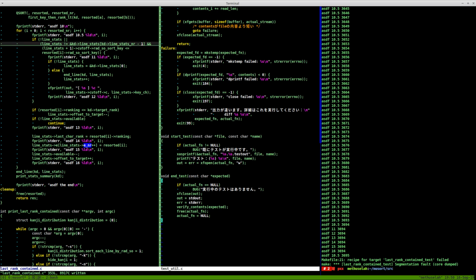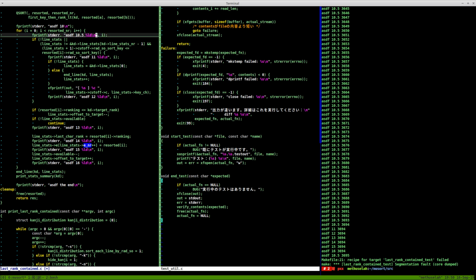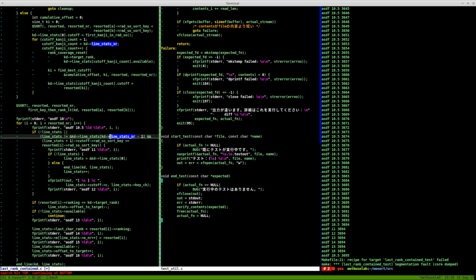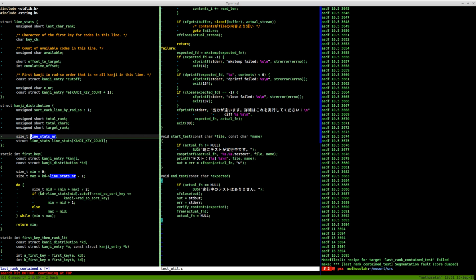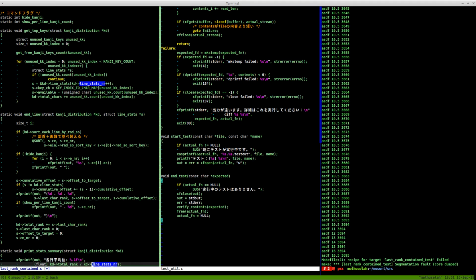So let's also print out where we are, what line stats line we're actually on. Oh, are we not actually incrementing line stats NR? That could explain a lot. No, we're incrementing it here. But then,